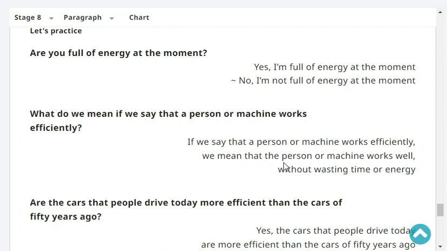What do we mean if we say that a person or machine works efficiently? If we say,